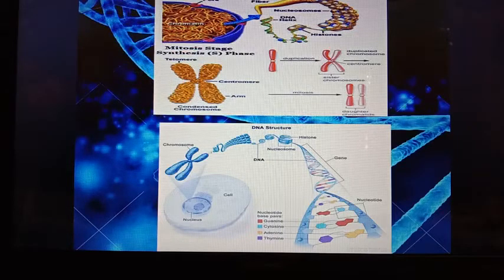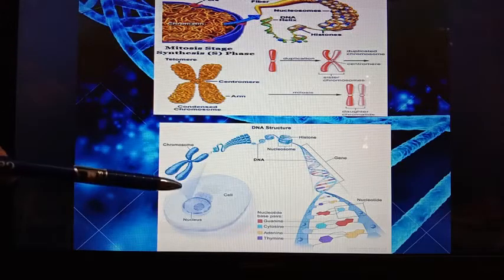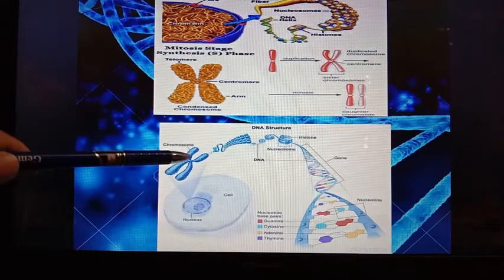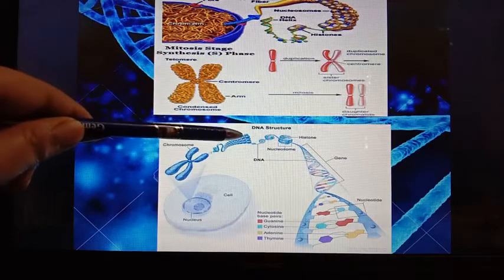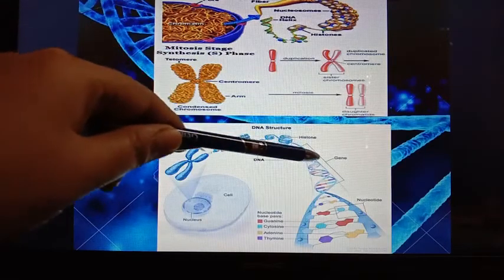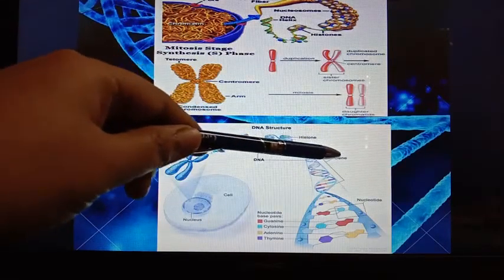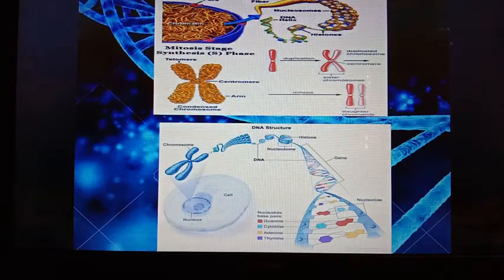The chromosome contain some hereditary units which are known as genes. You can see in this diagram that chromosome, that is made up of DNA, and DNA contains this hereditary unit, gene. Now, what are genes? Genes are the hereditary units responsible for the transmission of characters from parents to the offsprings.